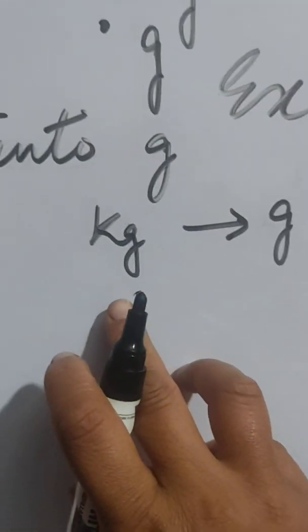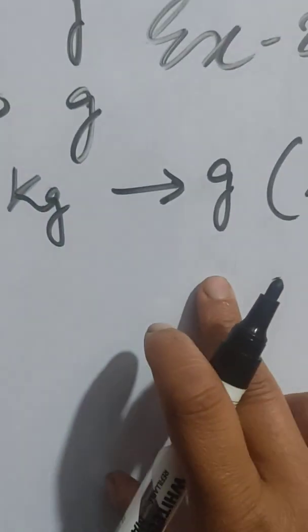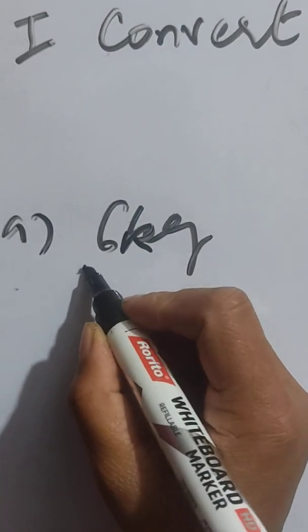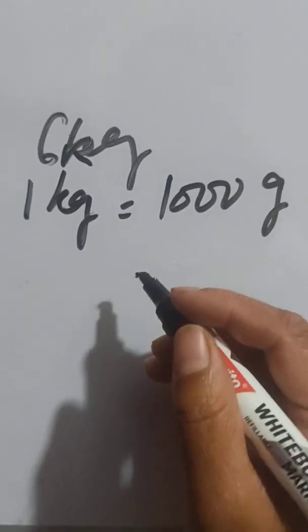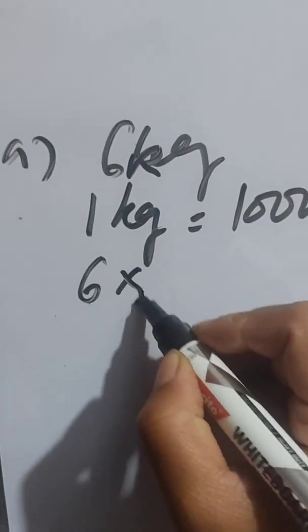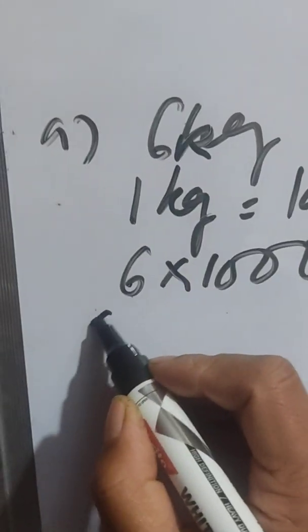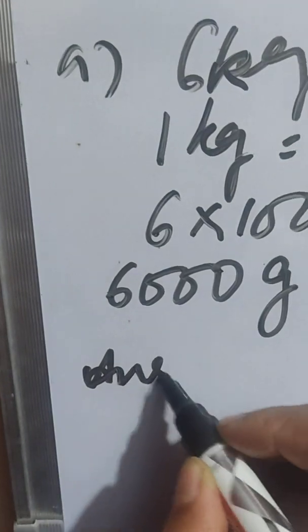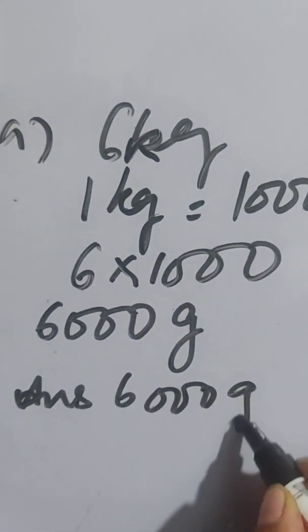Now to convert kg into gram, the formula remains: kg आपका बड़ा है, gram छोटा है. We are going to multiply by 1000. So as we did in the measurement of length, first we are going to write down the relationship. 1 kg is equal to 1000 gram. So we are going to multiply 6 1 से 6 and जितने zeros है उसको साथ में लगाओ. So our answer is 6000 gram.